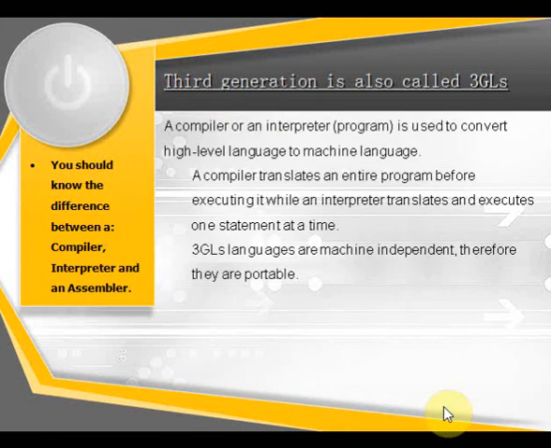Alright, you need to know the difference between a compiler, an interpreter, and an assembler, right? I'm giving you a minute to think about it. Alright, now that you have thought about it, let's move on. A compiler or an interpreter is used to convert high-level language to machine language. Remember that. A compiler translates an entire program before executing it, while an interpreter translates or executes a program line by line. So all this is saying is that if you are using a compiler as a programmer, the compiler will wait on you to finish your entire program before it converts it to machine language. While if you are using an interpreter, each time you write a statement or a line, the interpreter will translate it to machine language for you. And you already know about the assembler. You already know that an assembler is a program that is used to convert assembly language